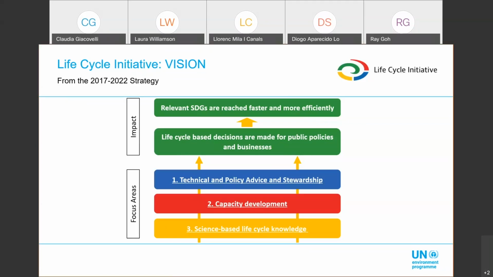The second box in red is about the work that we're doing on developing life cycle capacity. Our ambition here is to have trained by 2022 at least 2,500 policymakers, decision makers, and LCA practitioners on the ways that life cycle knowledge can be best used to enhance the effectiveness of decisions or policies. And this area is of course the main focus of what we will be discussing today,